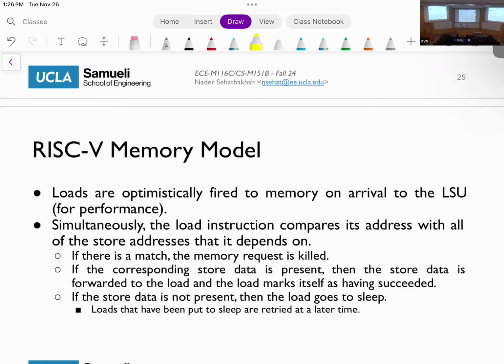So the memory request comes to the load store queue. We don't wait at all. We just right away issue it to the memory. We search the load store queue. Either it's there, we forward it, we kill the request. It's there, but its value is not there. It means that the value is getting updated by some other cores or some memory. We put the memory request to sleep and wake it up again when the value comes. Or the value is not there at all, and then we don't kill the request we already made to the memory, and we move on. All for performance reasons. This is why it's a kind of weak memory ordering.